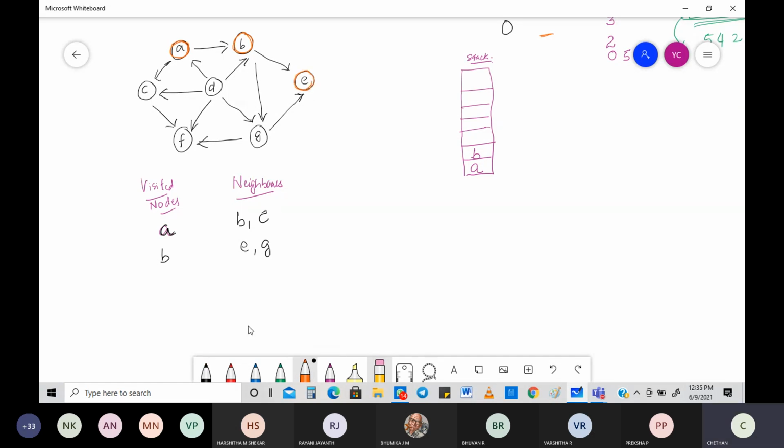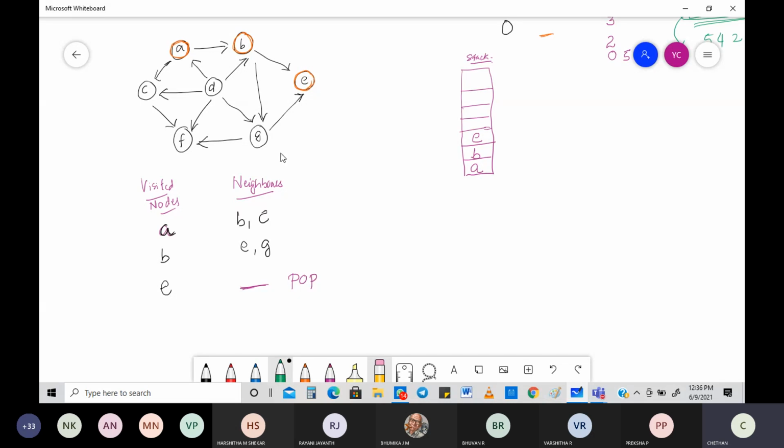If I visit E, I need to write that E here also. So what are the neighbors of E? Be careful. Neighbors of E. Is there anything that is going out from E? I don't think so. So what do you do? You stop here, and you do what is known as the popping operation. You start the popping from here itself because you can very clearly see that E has ended there. There are no neighbors for it.